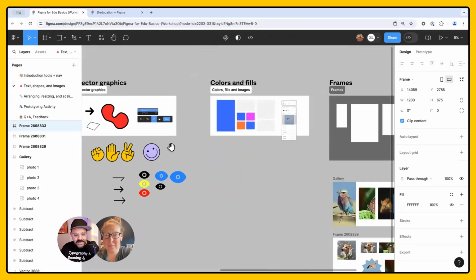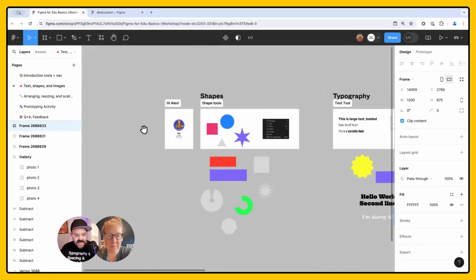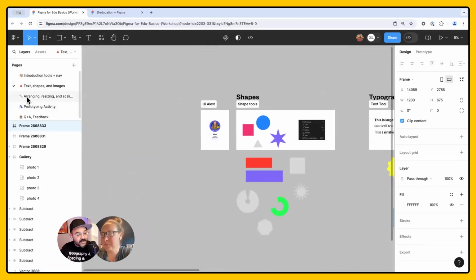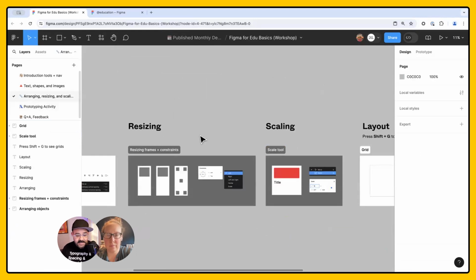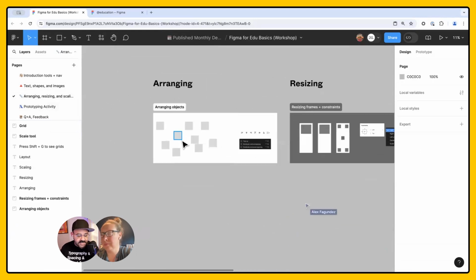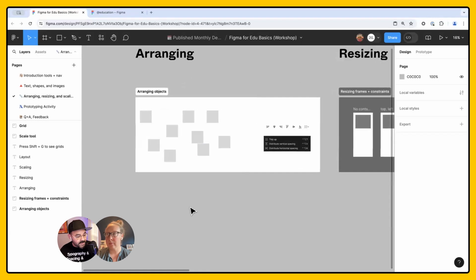The second page is where we did these little activities and navigated around. This third page is where we're going to move next, to talk about things in Figma to consider for how you're arranging the objects, the shapes, the text, and the graphics that you're creating inside of a frame and how you're moving them around.